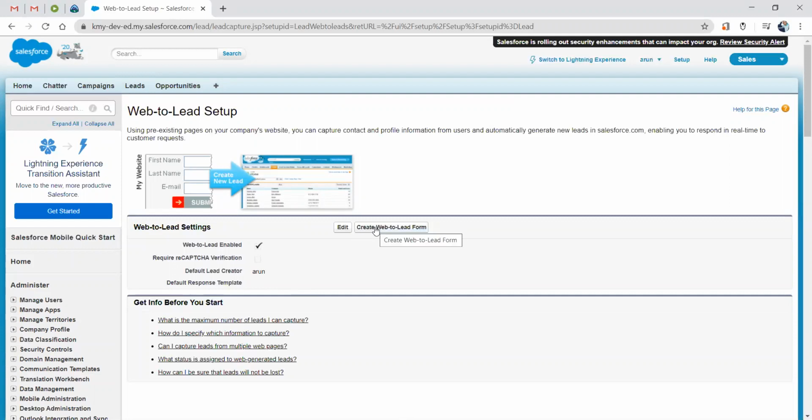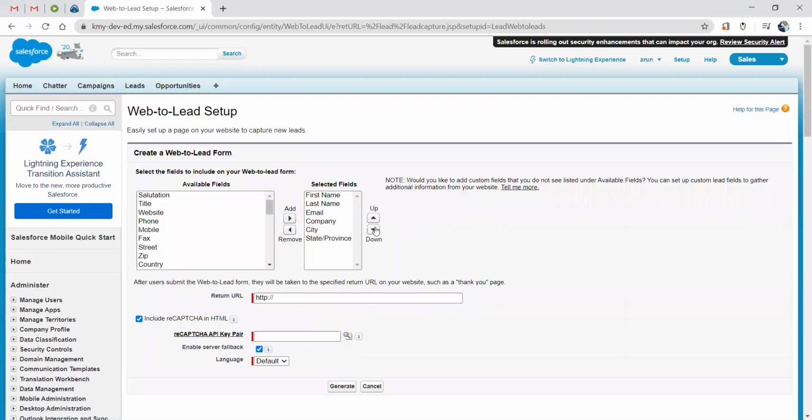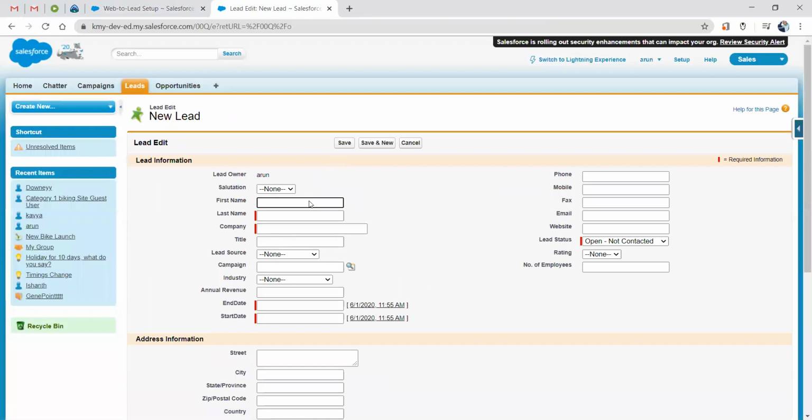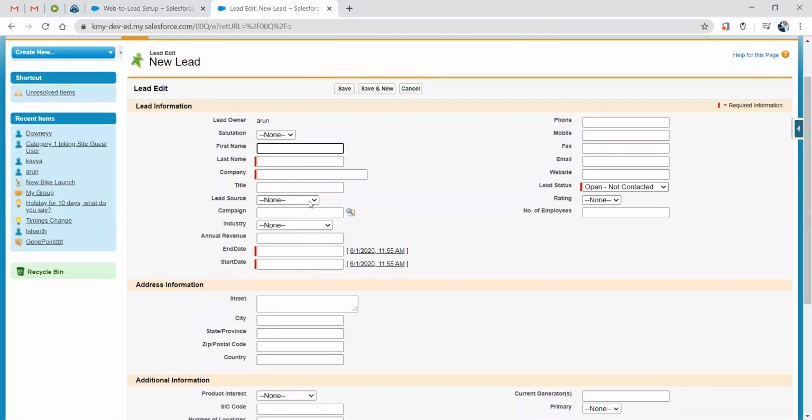And let me create a simple Web to Lead form now. These are the fields in the lead object. For example, I'll open this lead in a new tab. If I click on the New button in the lead object, you can see there are several fields: first name, last name, company, title.